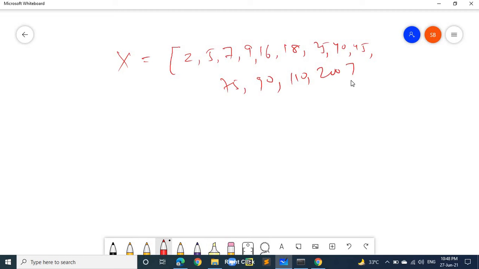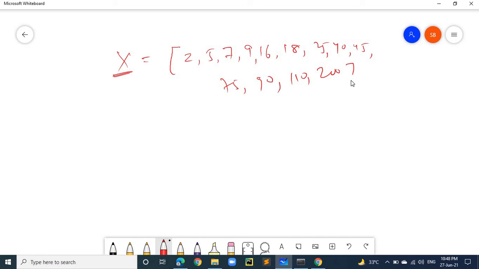For example, my variable is x and it has different data like 2, 5, 7, 9, 16, 18, 25, 40, 45, 75, 90, 110 and 200. These are the different data available inside this attribute column.